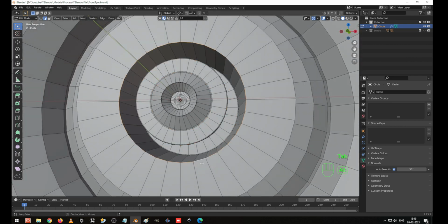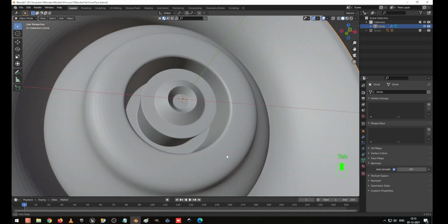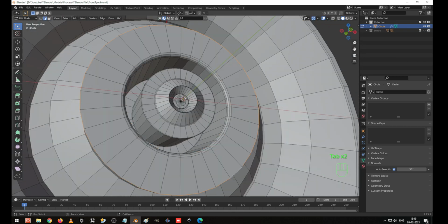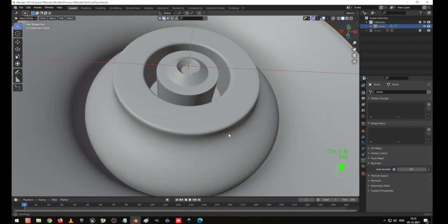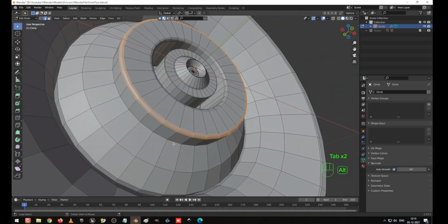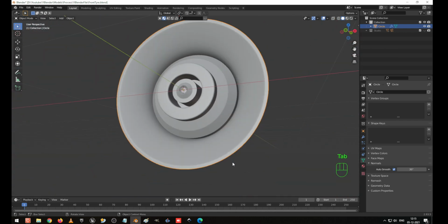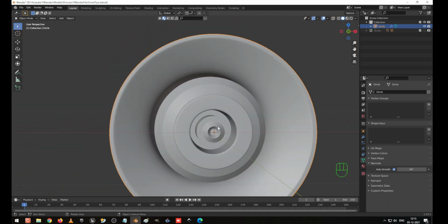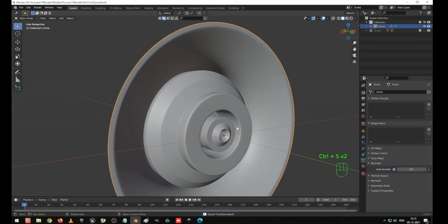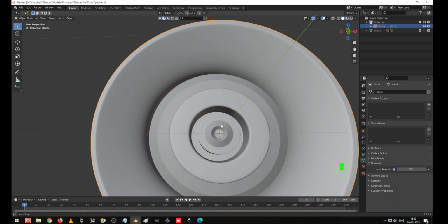Now I select this one and press Ctrl B to bevel, and I create a little bit of smoothness like this in the corner. I select this one and give more smoothness, Ctrl B to bevel, which looks nice. Select this, this, and this corner, press Ctrl B to bevel, and make it slightly shorter. So this is the design I have given for the front. We can do the unwrapping first, then go for the next design in the same way.